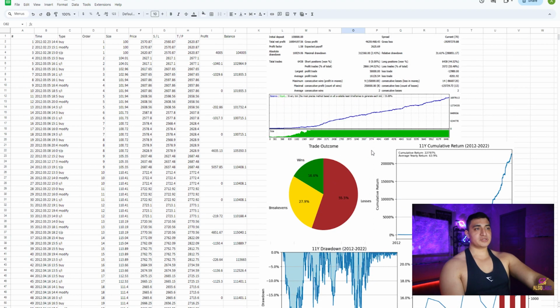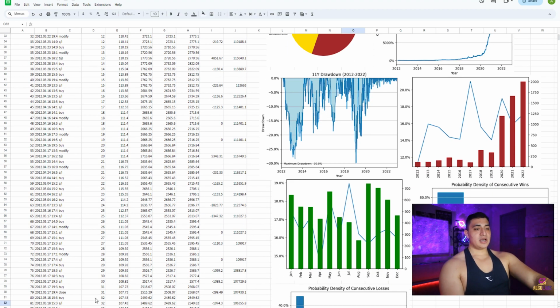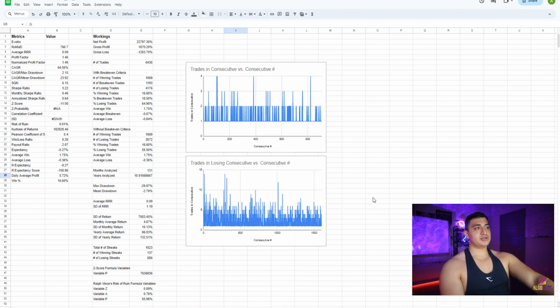So, metrics for you guys to kind of just go over. I do want to go over the full metrics that we have here. So we have the ROMAD, right? The return over max drawdown ratio, which is 760%. What that ratio is, you divide the max drawdown by the return amount, and that is the amount that